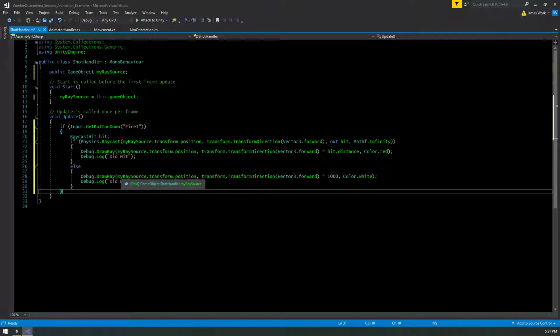What this says is get button down is a built-in function to Unity, and again, this is one of the things about using a game engine. They built all this functionality in for us that says